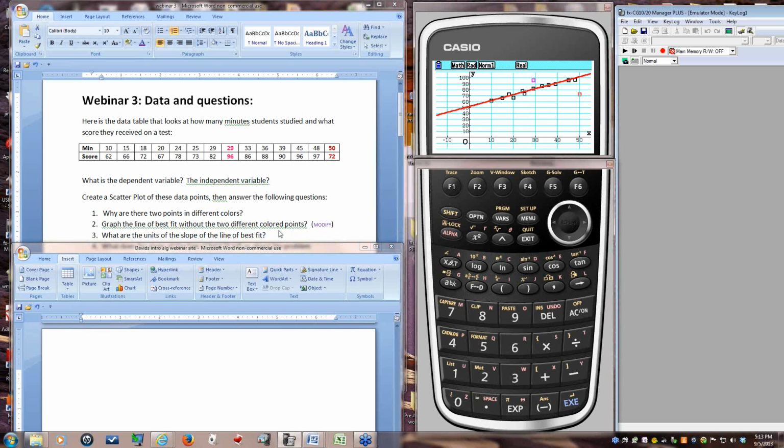about the line, though, is I'm going to analyze the line a little bit. Like I said at the beginning, I want to look at what other information I can get besides just what's the line of best fit and then what happens at 30 minutes or 25 minutes or what expected values you would get.